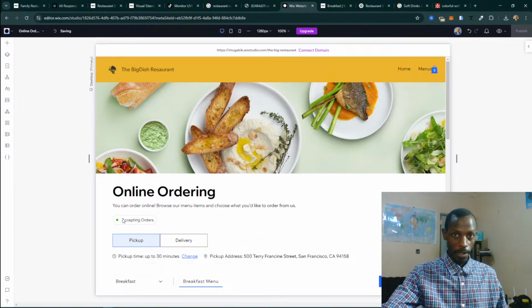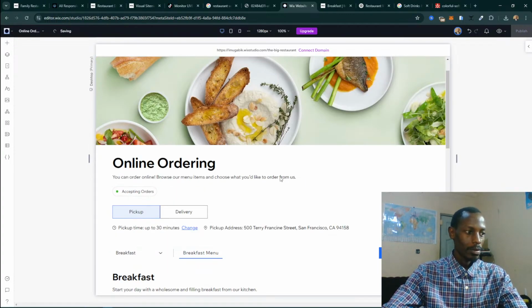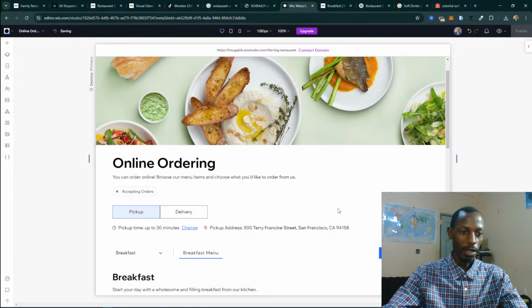This is the bookings page now, and this bookings page is connected to the menu already, so nothing much to set up right here. If they add an item to the cart,